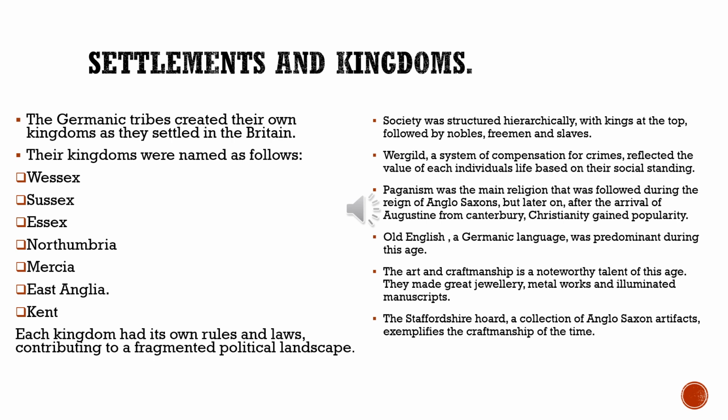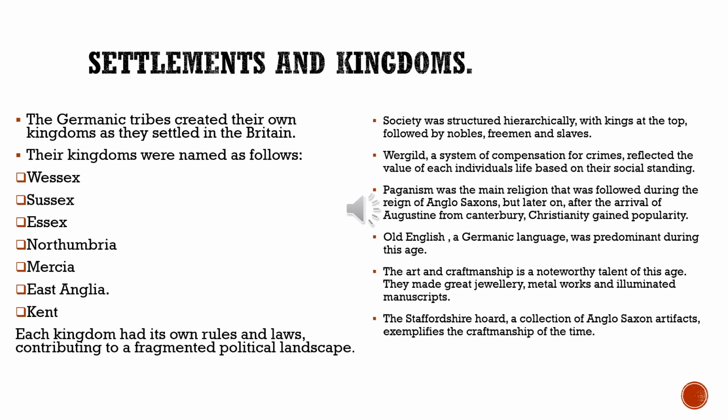Then the next we have is Mercia. It is situated in the Midlands, was one of the largest and most powerful kingdoms. It played a key role in trade and diplomacy and had a significant impact on the development of English law. Mercia's rulers like Offa sought to establish a centralized authority over the other kingdoms.